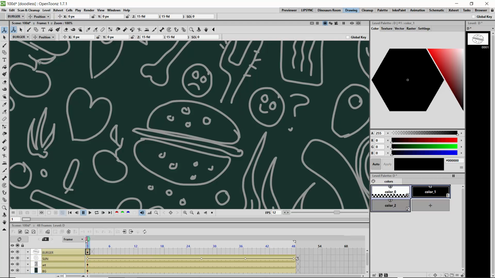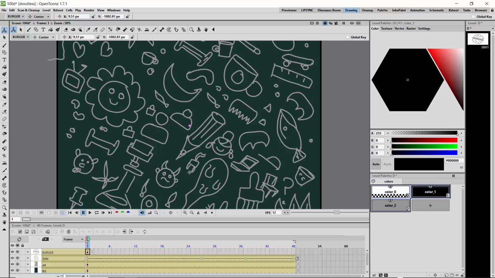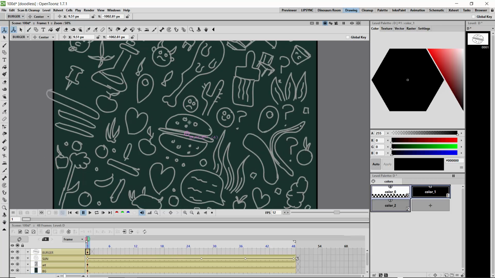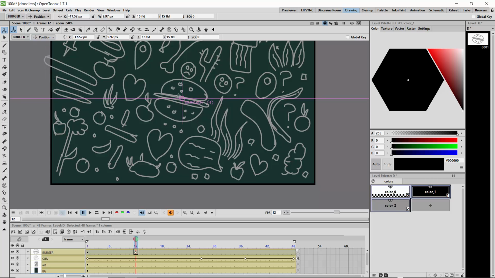So I'll hit the animation tool, click on the center, and I'll click this button to make sure that's centered, and I'll drag this to say this is where we want to center our object. I'll hit the spacebar to get the hand tool to drag this, and what I'll do is hold the burger for the entire frame, and next I'll move a couple of frames. I don't really like starting at the beginning, so I'll move a couple of frames and then switch over to the position, and all we need to do is move our burger slightly,